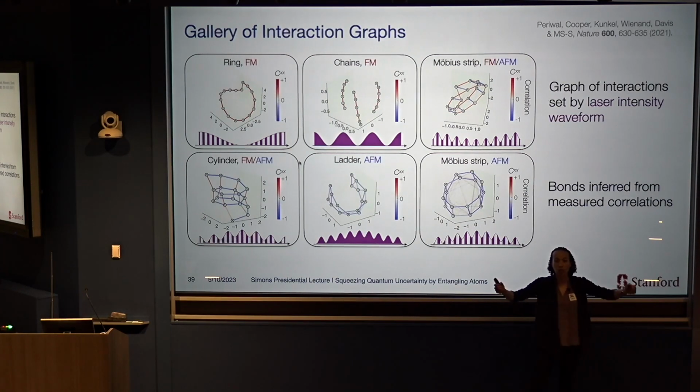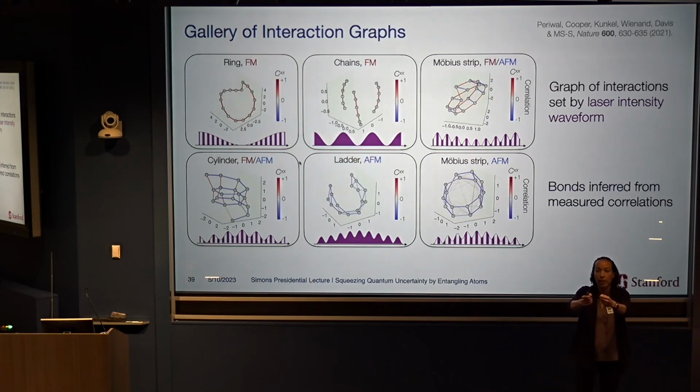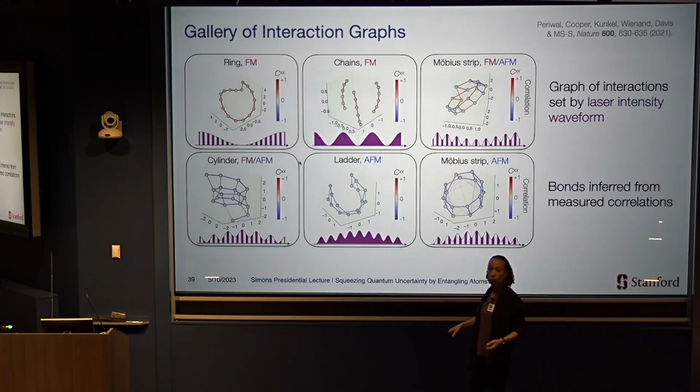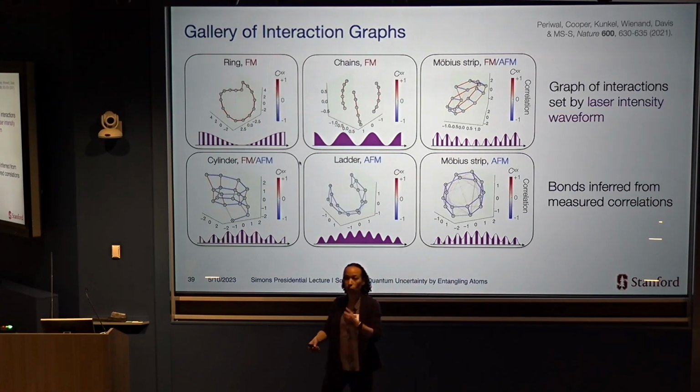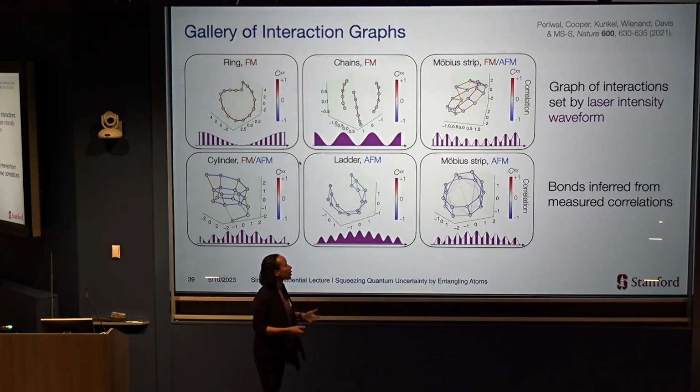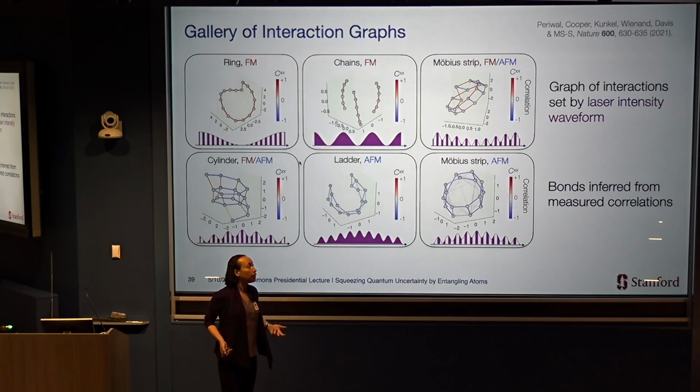So this is some reconstruction where if sites are close together, it means that there are strong correlations that we measure between the sites. And the bonds that I've drawn indicate the sign of the correlation. If it's red, it means spins on the two sites are aligned in the same direction. If it's blue, it means that we're finding the spins to be anti-aligned.